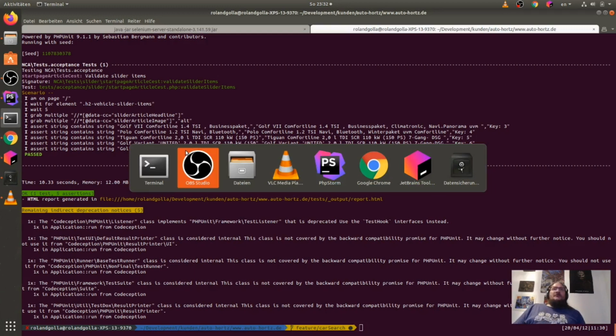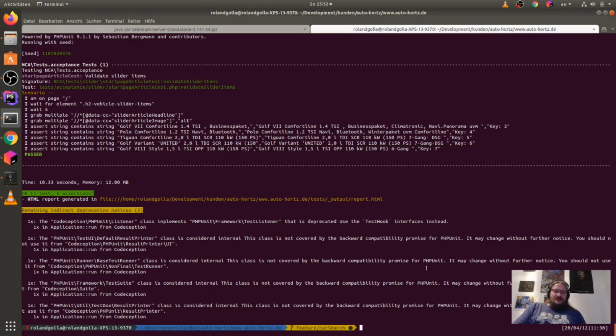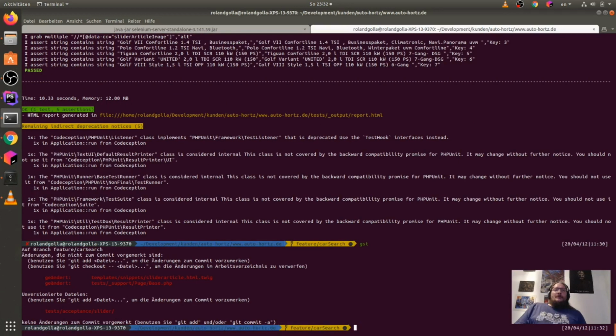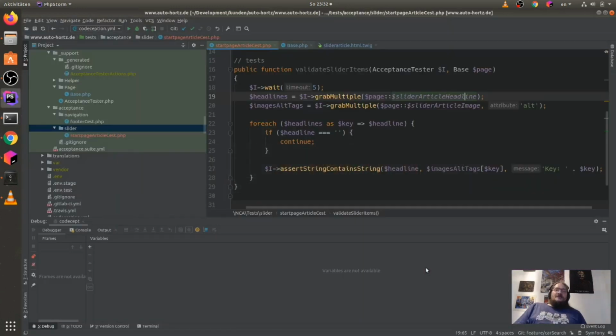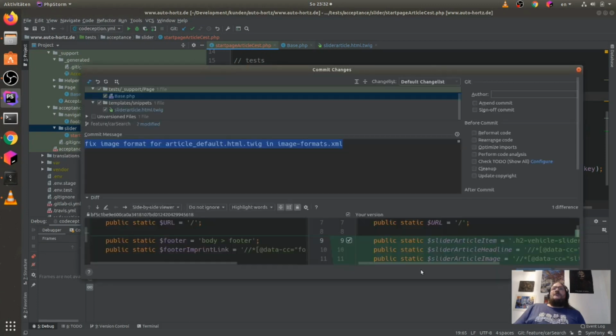So we can just commit some stuff. Let us see here. We do some things. Maybe it's easier to see this here in PHPStorm. So on the base template, we add new selectors for the article slider.